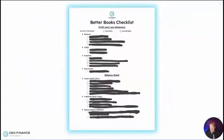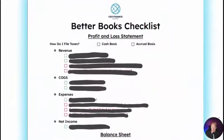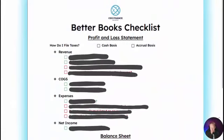All right, so let's dive into the Better Books checklist. So first things first, profit and loss statement after we set up with taxes. There's a few different categories within our P&L. First one is revenue. So the first question is, does my total revenue for the year look accurate so far? Pretty straightforward. Second one, are my sales broken out by category? Now, this is one that's a little bit more advanced, but especially if you have a business with multiple streams